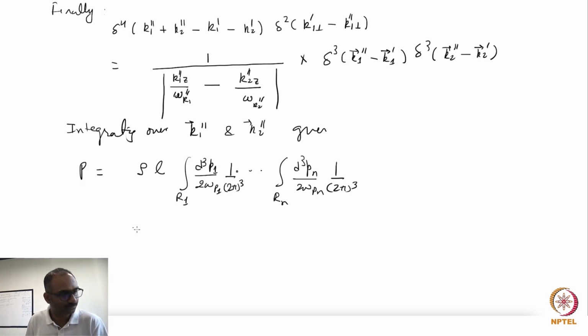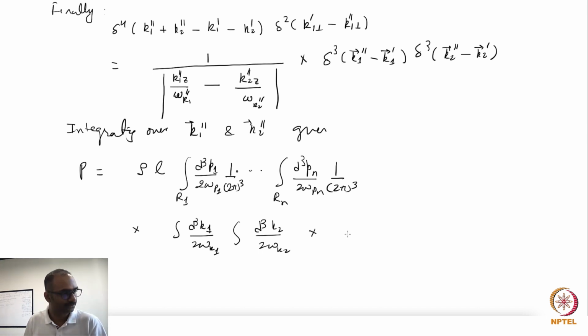times d cube k1. Instead of k1 prime, that is what I am left with, I will write k1. K1 prime is a dummy variable, so instead of using k1 prime, I will use k1 because there is no need to carry a prime now. So I will just use k1 instead of k1 prime and k2 prime, I will use k1 and k2, they are dummy, I can do so,